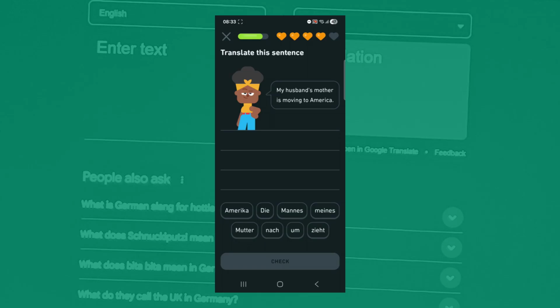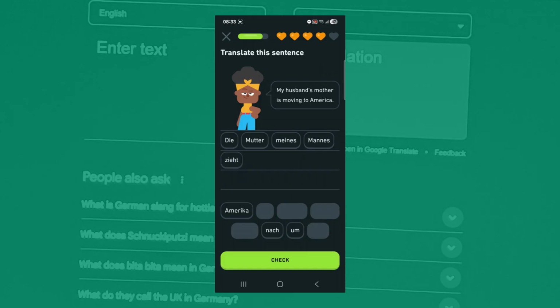My husband's mother, die Mutter meines Mannes sieht